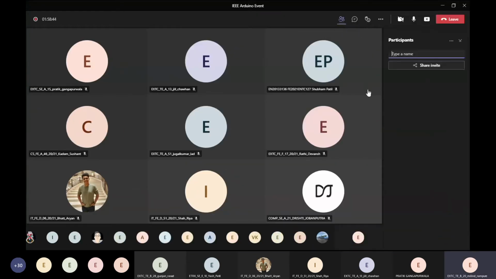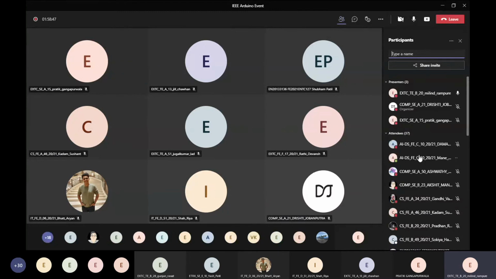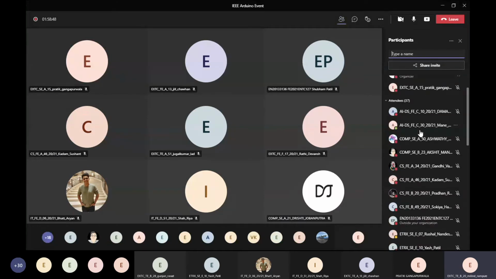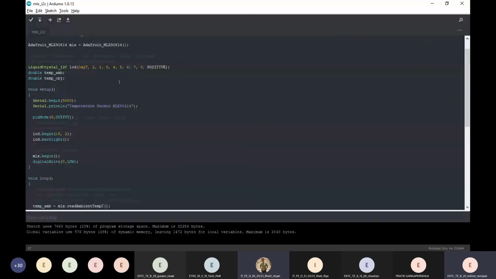You can write it in the chat as well. Double values can take decimal places as well, so temperature can be in decimals. Yes, you're correct, so we have given object temperature and ambient temperature as double.